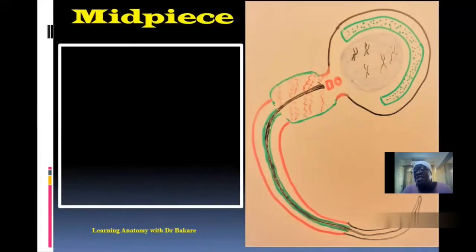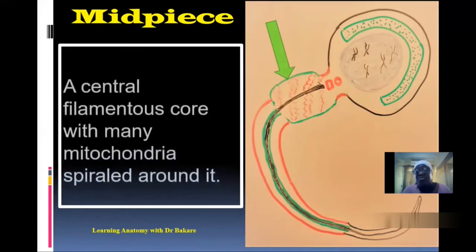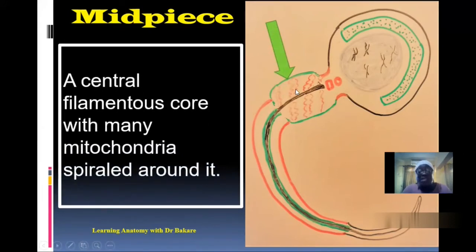The next region is the middle piece. After the constricted neck region, we have the middle piece region. The structural content of this region are filaments, and this is highlighted in black. And you see it running through the middle piece. Another important structure seen within the middle piece region is the spiral arrangement of mitochondria, and this is highlighted in red. So you see a central core filamentous structure. You see a spiral arrangement of mitochondria around it, and this is what is presented in the middle piece of